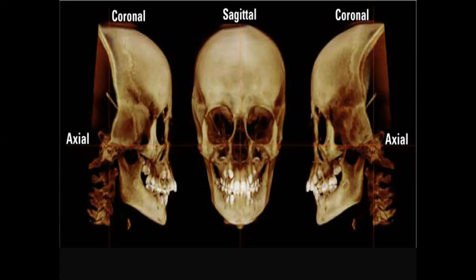When we say three-dimensional, there are three views. First is coronal. When you view any structure from the front, it is called a coronal view. Second is sagittal. Remember it as side: when you view something from the side, it is called sagittal. And axial view is a top view. When you view from the top, it is called an axial view. We will be reading which structures are important in which view.